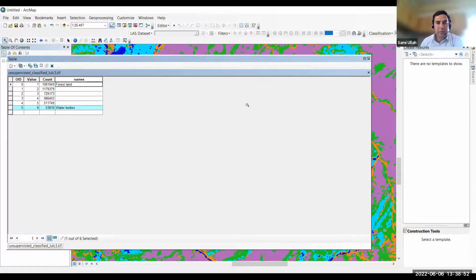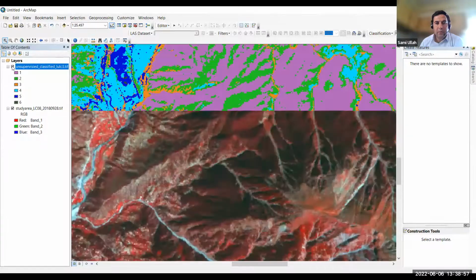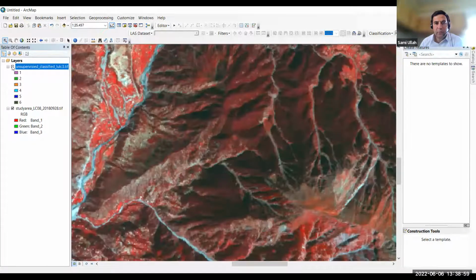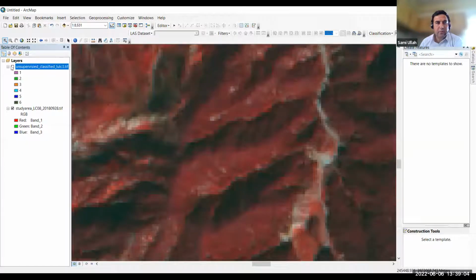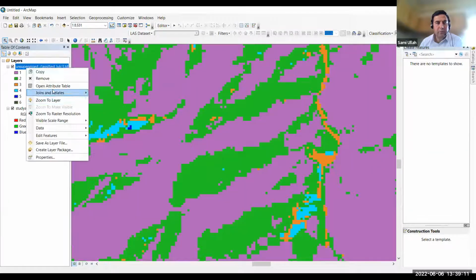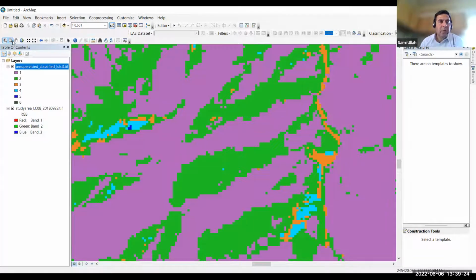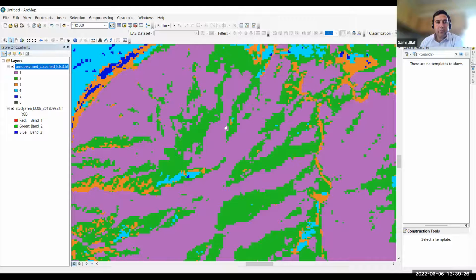Now we are coming to this green color. What is this greenish type? This also seems like a forest, or maybe a slightly different forest, but it seems like forest land also, this green color. Maybe not that dense, but also forest. So I'm giving this the name forest land as well. As I told you, sometimes it's possible that you have two classes for a single land cover. So this is also forest. And after that,